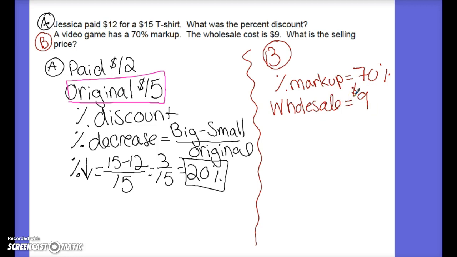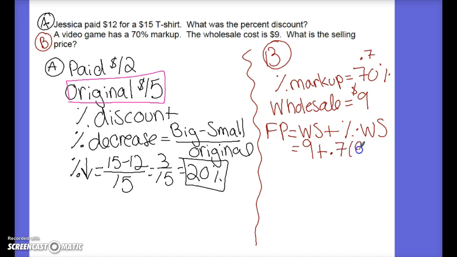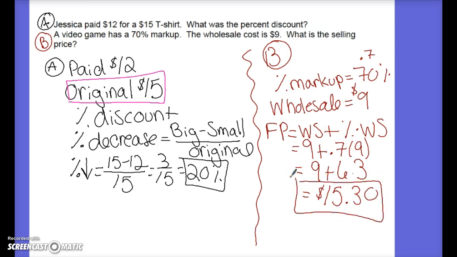Remember, your final price equals your wholesale plus the percent times the wholesale. So we'll take our wholesale, $9, plus 70%, which is really 0.7, 0.7 times 9. So you get 9 plus 6.3, and you know that's going to cost $15.30. Again, all of this stuff is really